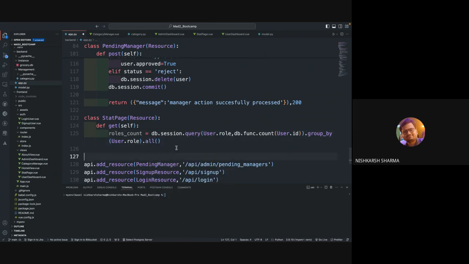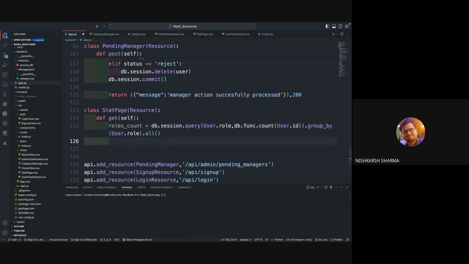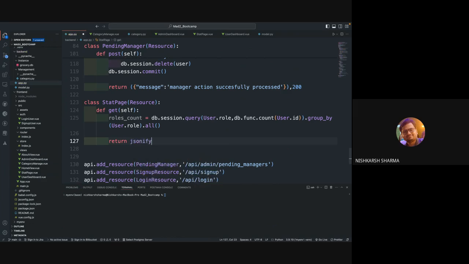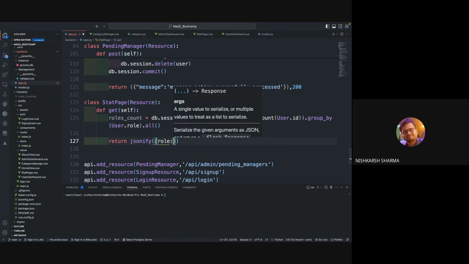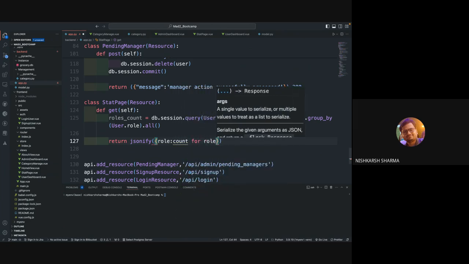What we are doing, we are running a query in our database, in which we are doing it on the basis of user.role. And so we are getting two pieces of information. One is the user roles, and another is db.func.count of user id. So how many user ids are present for a particular role, and then we are just grouping in a proper format. Then we will just return it to the front end side. Return role, count for role, comma,